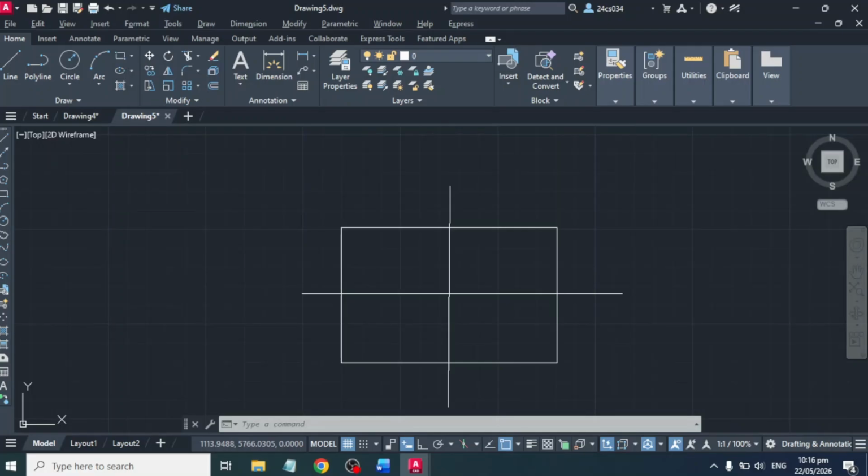Hey there! Today we're going to look at how to draw a centerline line type in AutoCAD, so let's get